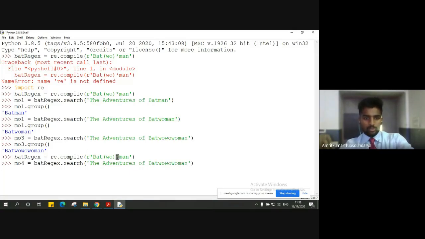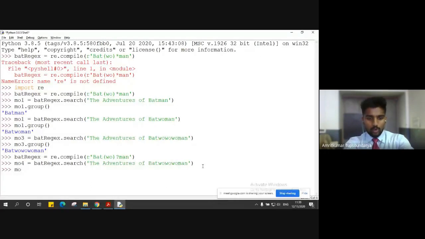So question mark does only a zero or one instance search, right? It will match only when there is no instance or just one instance. But in this case, we have three instances. So when I execute this, the matched object will be stored in MO4, but what is that matched object? It is actually null in this case because we have more than one instance, and question mark can only match the regular expression with zero or one instance, but not more than one.